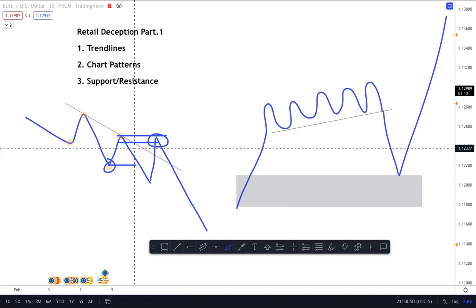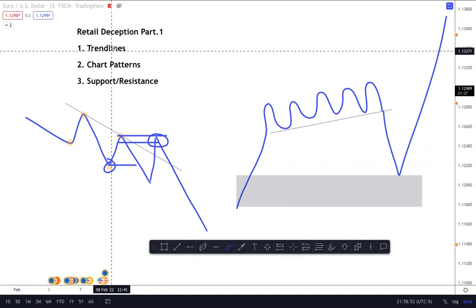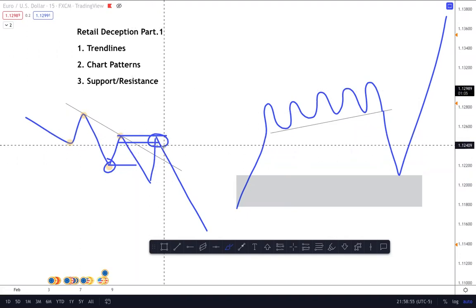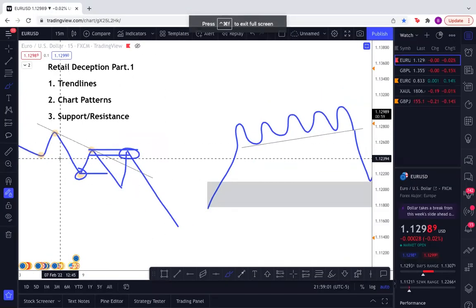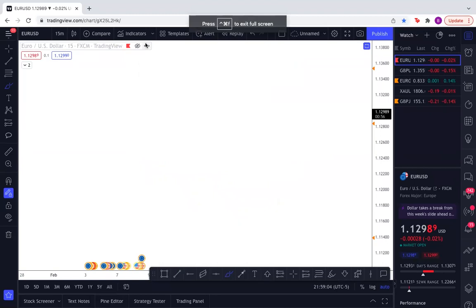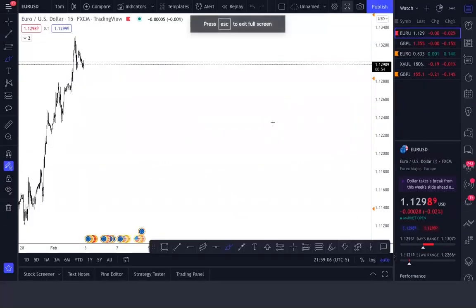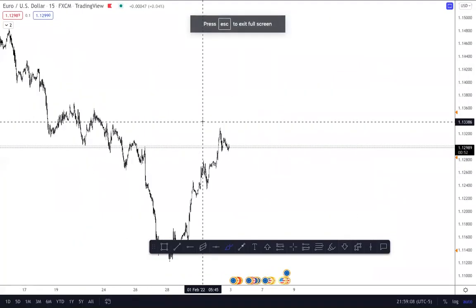I can almost promise you, if you guys truly backtest these trend lines to notice the manipulation in the market, it's going to help you a ton. I really hope it does. Anyways, let's go ahead and clear our screen here. Let's bring up EU. Right now, first of all, a lot of people are already going to start asking me,